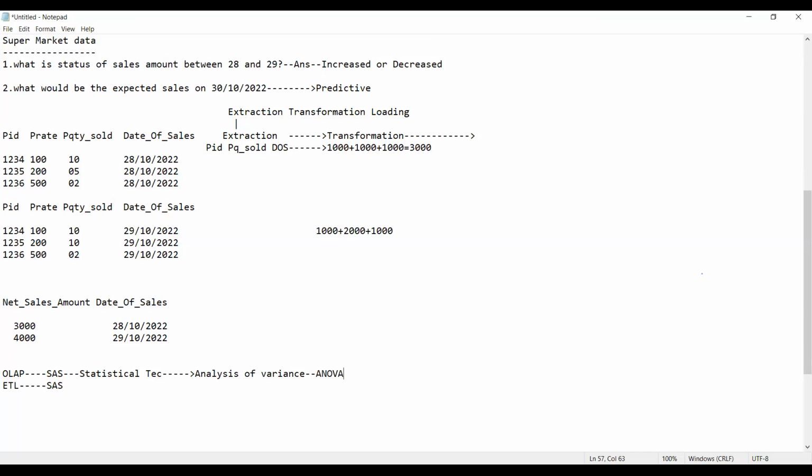ANOVA is a statistical method which is used to perform the analysis called analysis of variance. So what is meant by analysis of variance, guys? Analysis of variance is nothing but the significant difference between two means. So whenever you wanted to perform, guys,